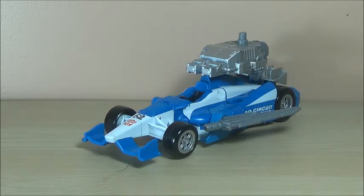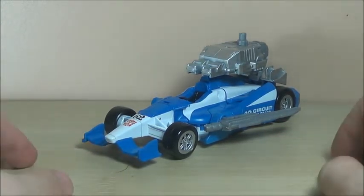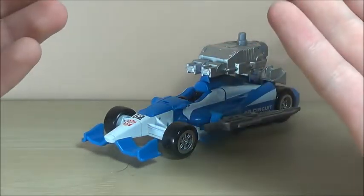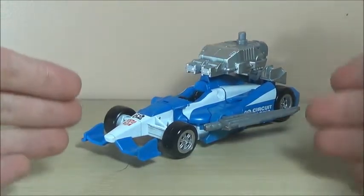I will say that. Now, this guy is a repaint of Drag Strip, or if you constantly watch the Absurdly Awesome series, was it Fist Face or something like that? I don't know, I haven't watched that in a while. But anyways, as far as a repaint is concerned, I totally understand where they're going for this. And I'm actually kind of happy that they went with Mirage. I gotta say, if you're going to take Drag Strip and make him into any Autobot, Mirage is definitely the